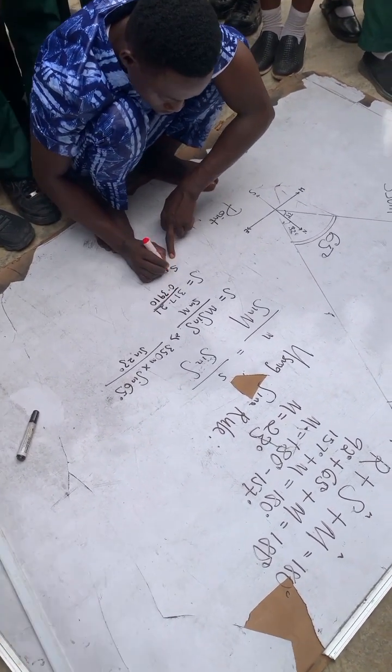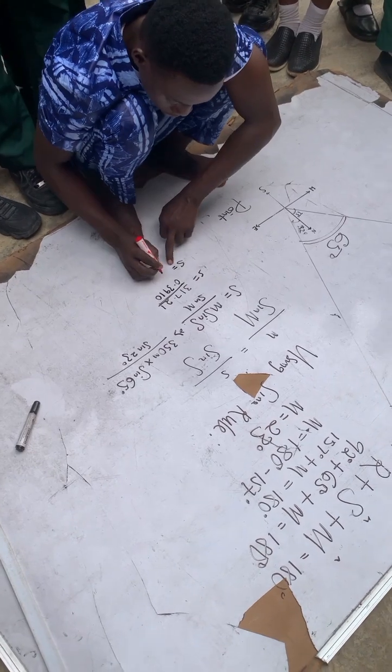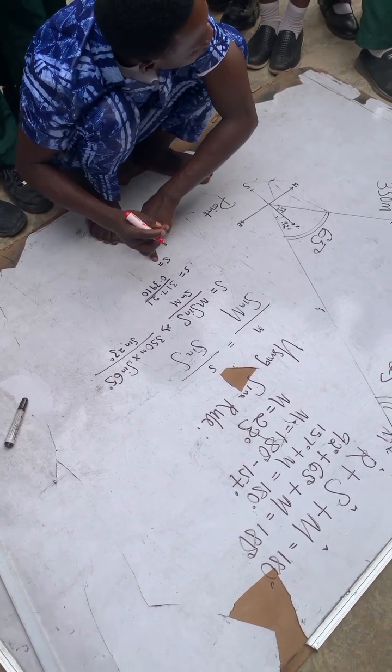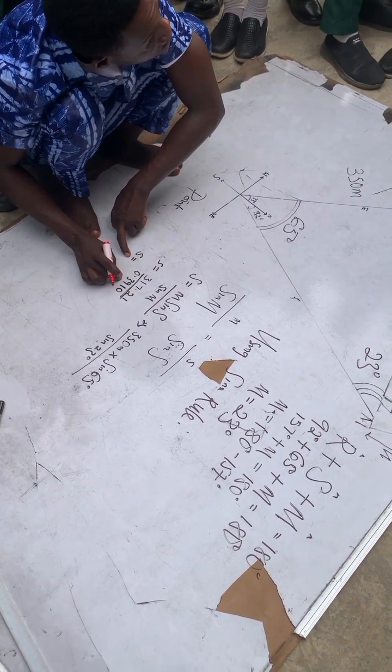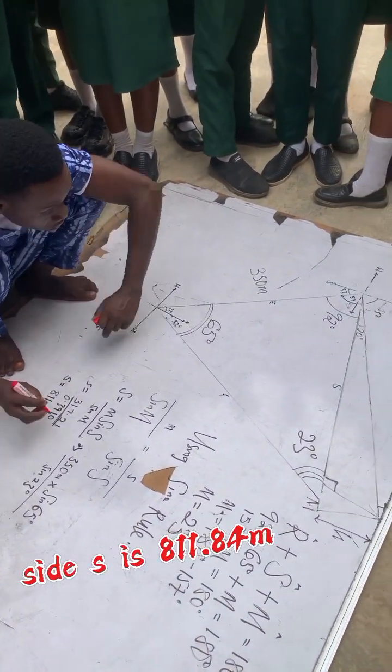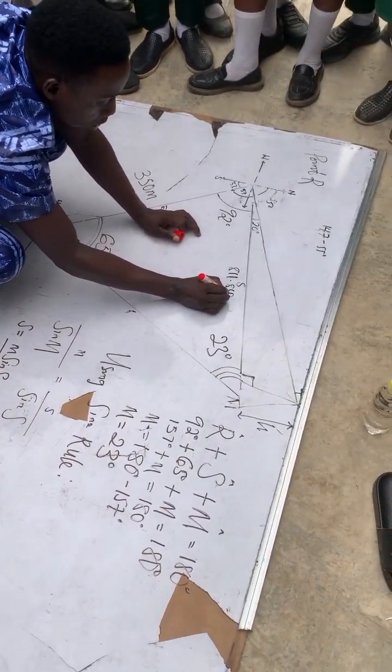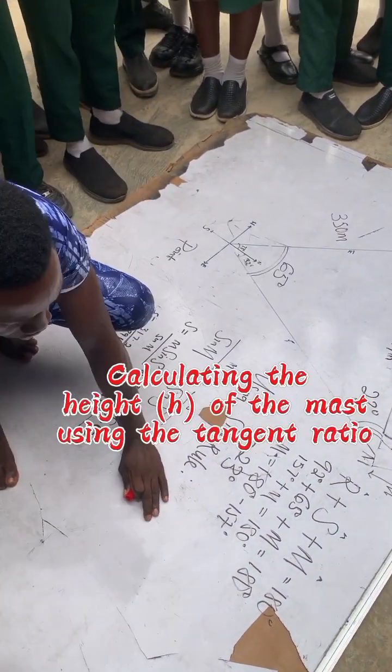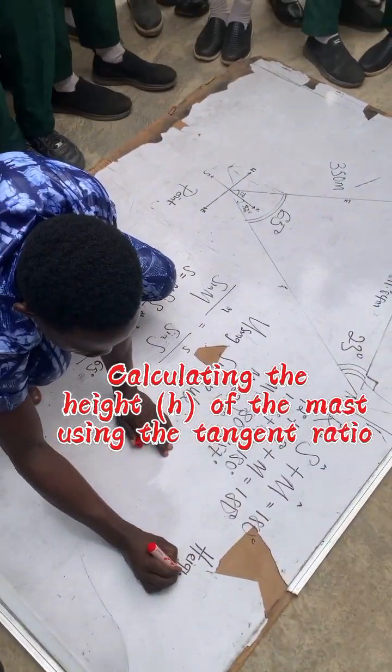Divide this for me, please. 317.21 divided by sine 23. 811.84. That's in meters. So here is now 811.84, so we can find the height of the mast. To calculate the height of the mast,